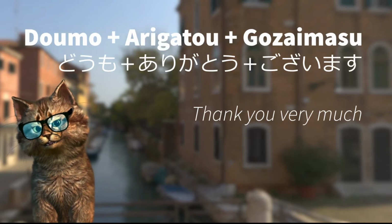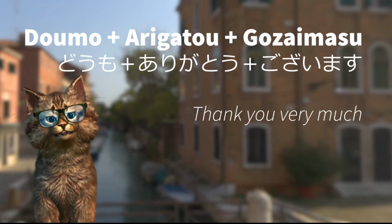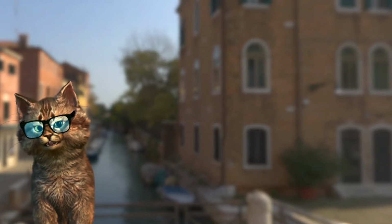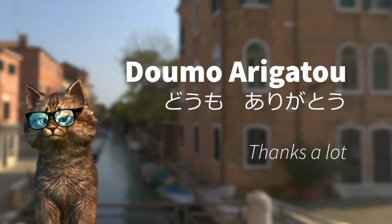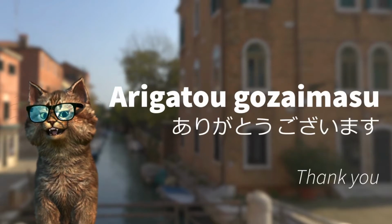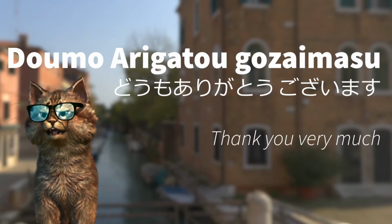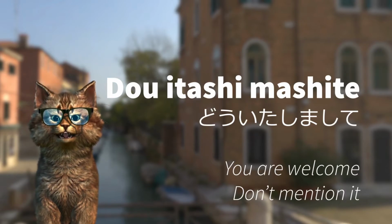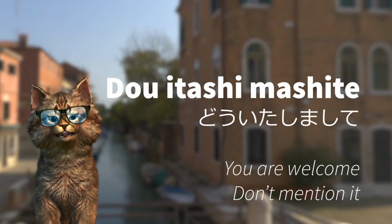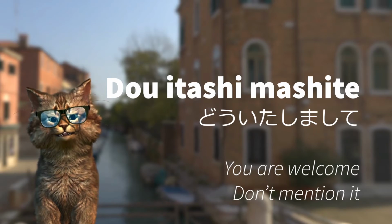By adding どうも in front and ございます at the end, it becomes very polite. どういたしまして means you're welcome. In Australian way, no worries. Repeat after me. どういたしまして。